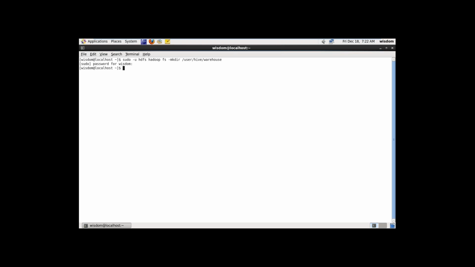Okay, so this is created. Next up, when we created our temp directory, that time we gave the permission 777, which is read, write, execute, to user, group, as well as others. Now we will change the permissions